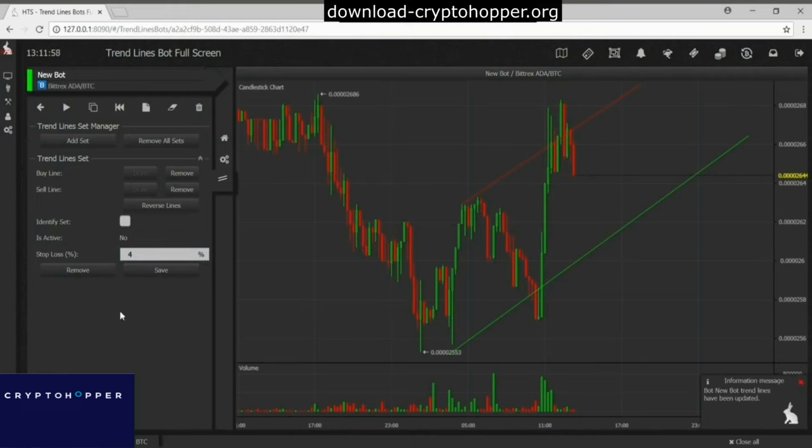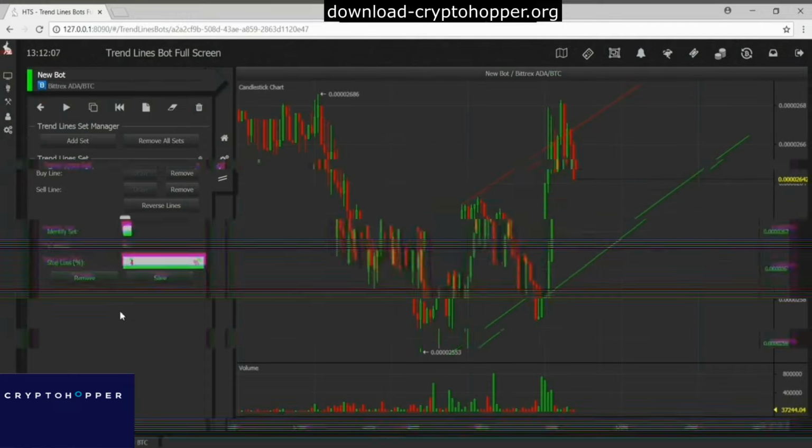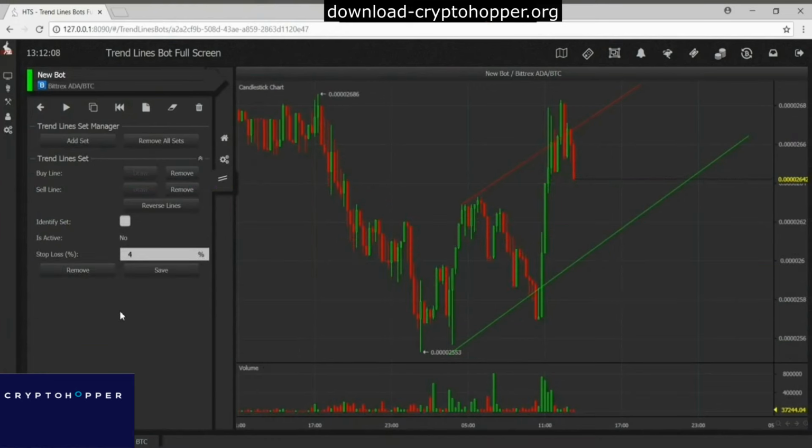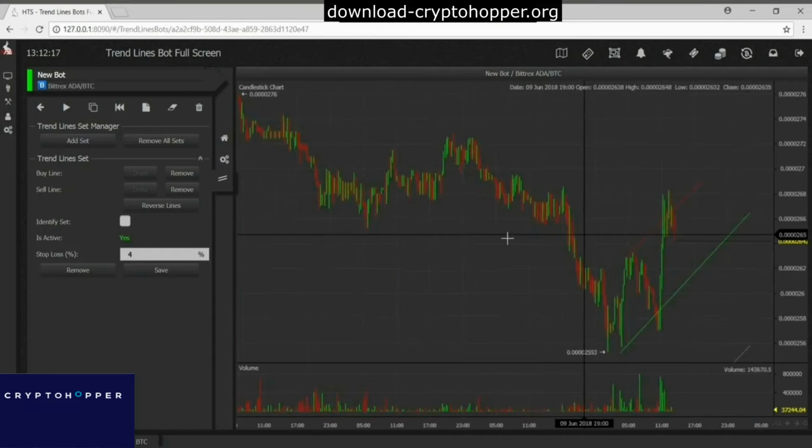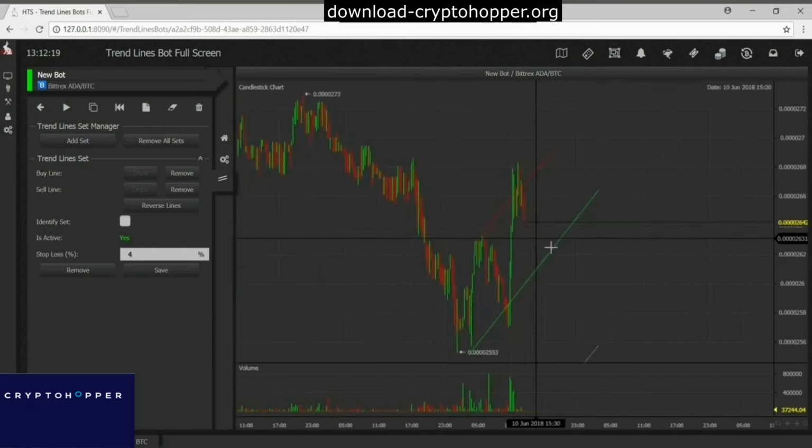That's it. If we hit start now, the bot will begin to buy and sell on these rather crude trend lines. But what this should be able to show you is we can quickly set up a bot on a trend we identify and have it trade successfully on it. Now there is another thing to note, is that the bot will only trade on the trend line for the time frame you drew it in. That means that this does